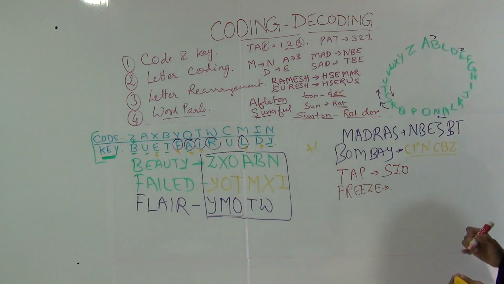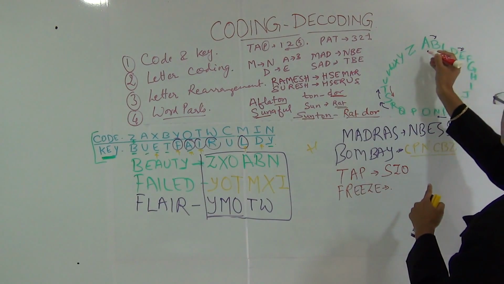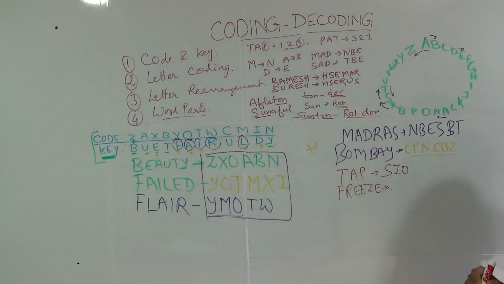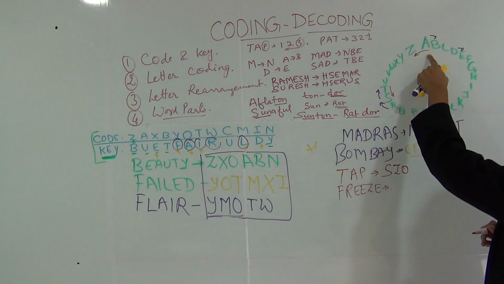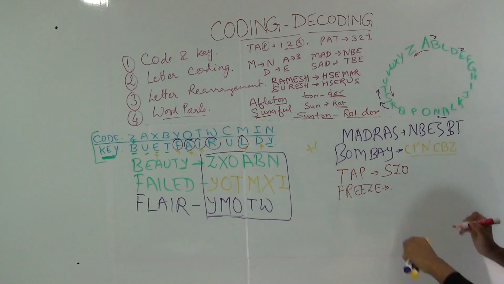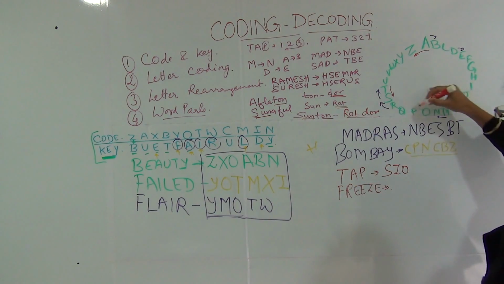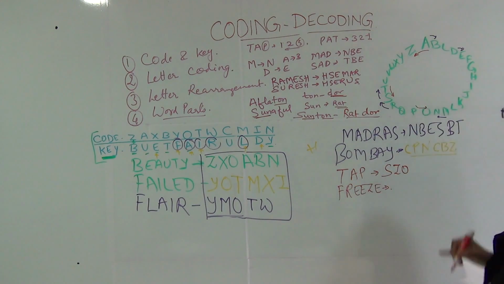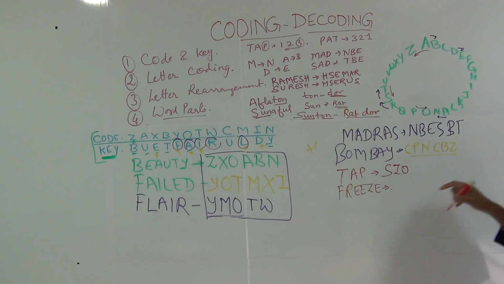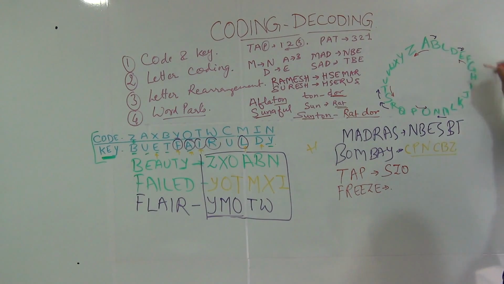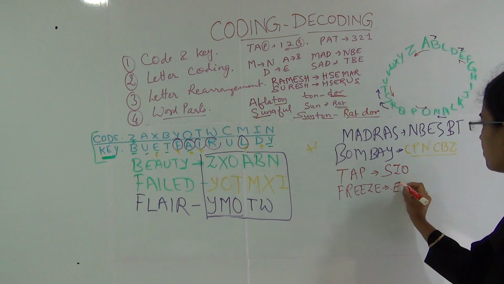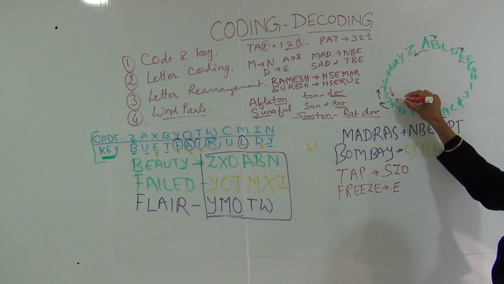So T is becoming S, A is becoming Z. Since I have a circle of letters, I can easily understand that it's going back. And P becomes O. So what would FREEZE become? F would go back, so F becomes E. R goes back,